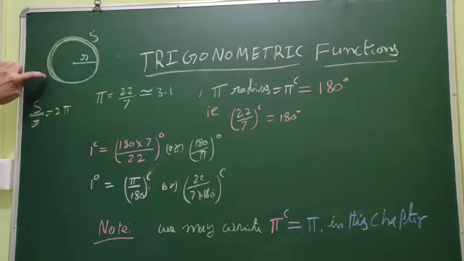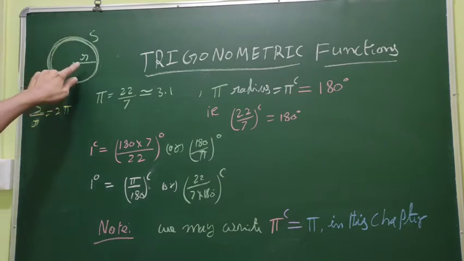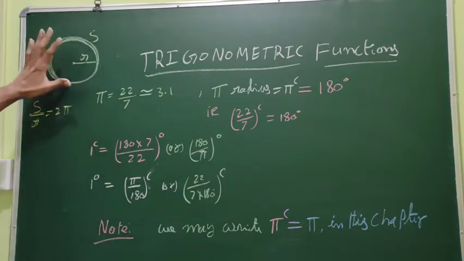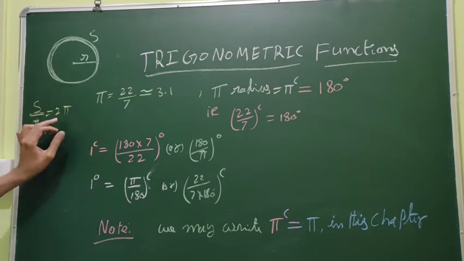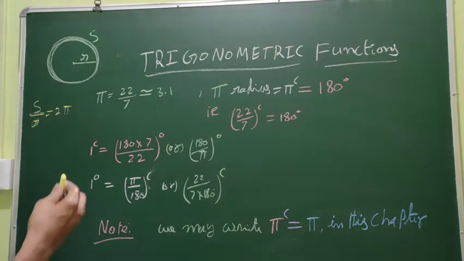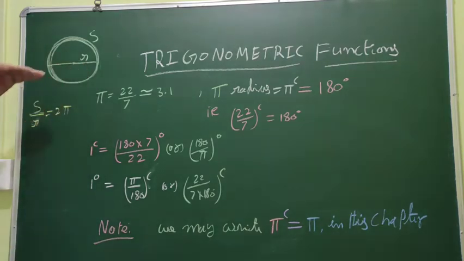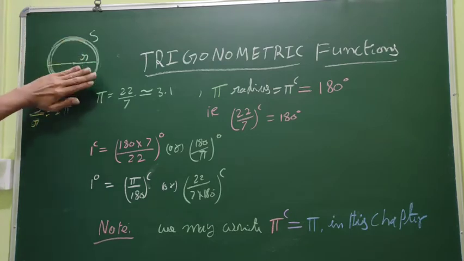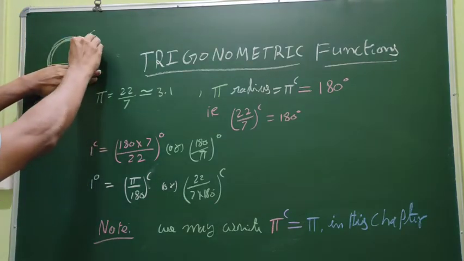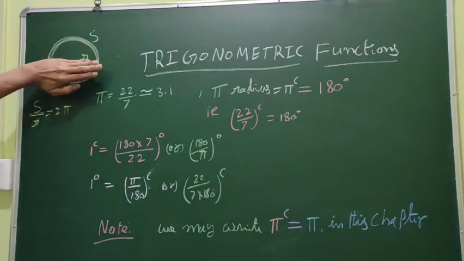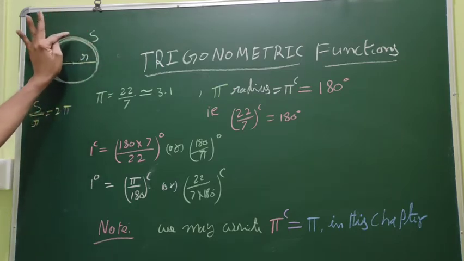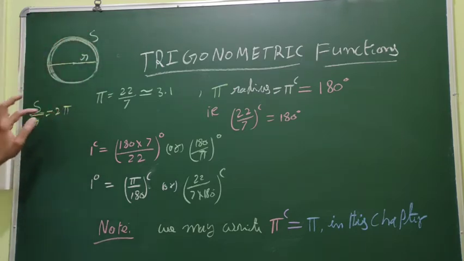S is the circumference of the circle. The ratio S by R, or how many times the radius fits, that number is 2 pi. Actually, when you draw a line, there is a semicircle above and a semicircle below. Now this length by r is equal to pi. This r rotating, how much length? This length by r is equal to pi. Our total S by r is equal to 2 pi.